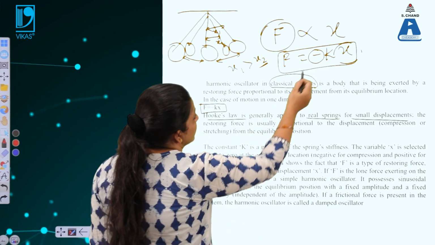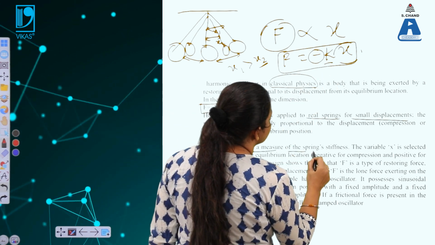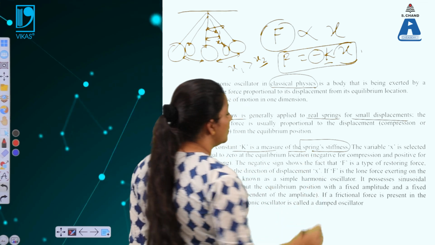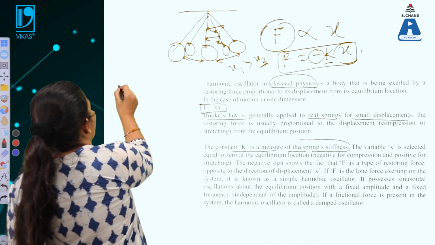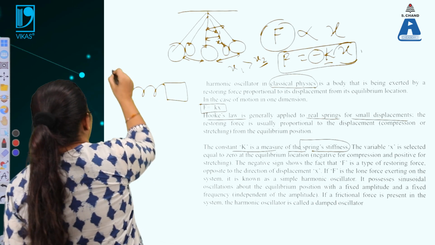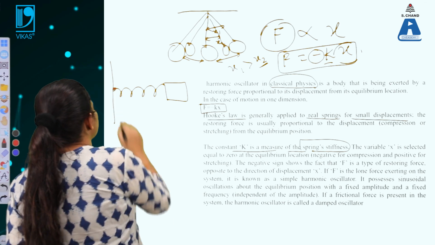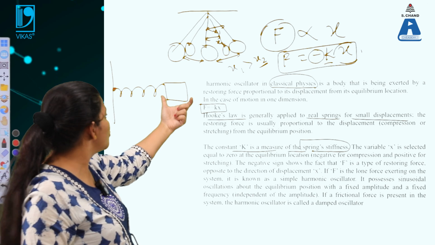What is K over here? That is known as the spring constant. Now what is a spring constant? It is directly proportional to the stiffness of the spring. So that means when some body is attached to the spring over here, now if this spring is fixed and a body with mass m is attached to it,